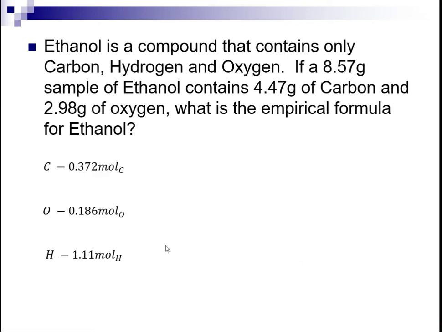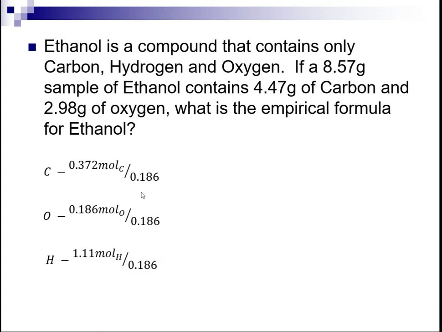Step 2 is to divide by the smallest. So we're going to divide by the smallest. The smallest here is the 0.186. So if I divide each one of these numbers by 0.186, I get that carbon is 2, oxygen obviously is 1, and then 0.11 divided by 0.186 is really, really close to 6. Now, when I say really, really close to 6, you're going to have to get used to the fact that it's going to be slightly off, but yes, it is going to be very, very close to 6 if you do the math, which means my formula is